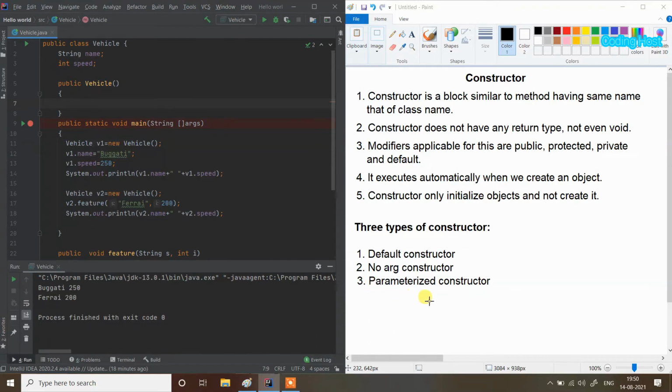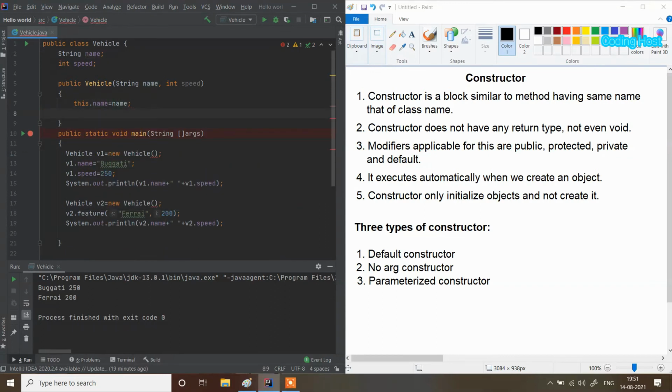And third we have the parameterized constructor. In this type of constructor we have parameters. In this constructor I will take some variables: String name and int speed. After that I will assign these values to the instance variables. So I will write this.name equal to name, and this.speed equal to speed.